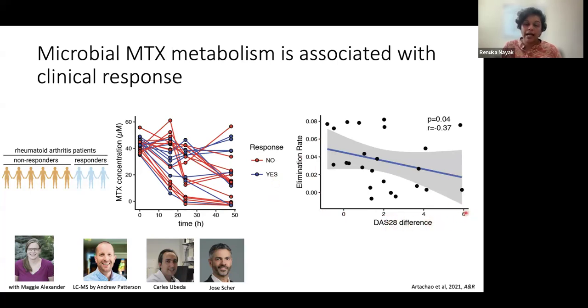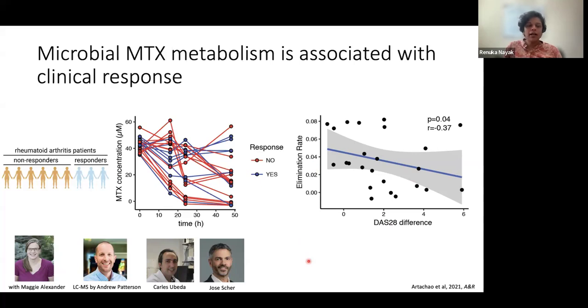And so this is just another way to depict that same information, that if we look at the patients and their DAS28 response at 4 months, people who had a better response, which are out here, had less elimination of methotrexate in this assay. Their microbiomes had less elimination of methotrexate, whereas, each circle here represents a patient's microbiome, each patient that had microbiomes that quickly metabolized the drug had less of a response. So this was cool because it showed that ex vivo metabolism of methotrexate was associated with clinical response, right?